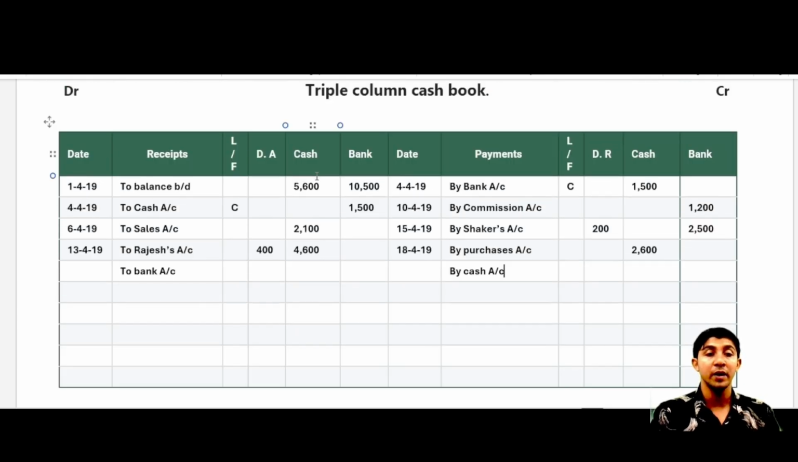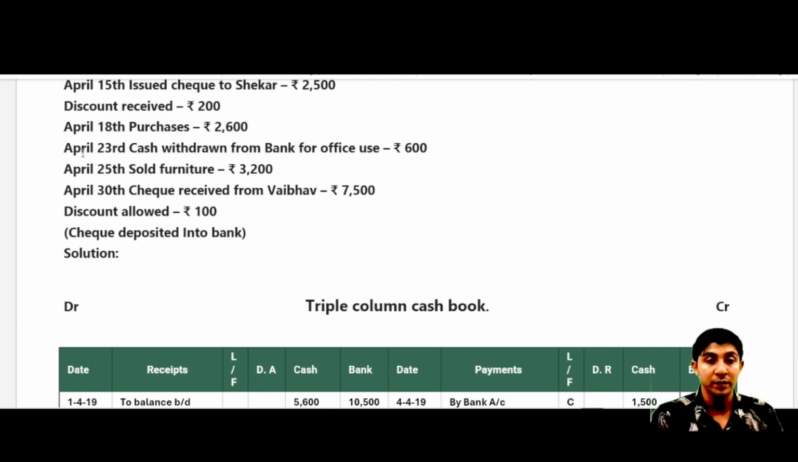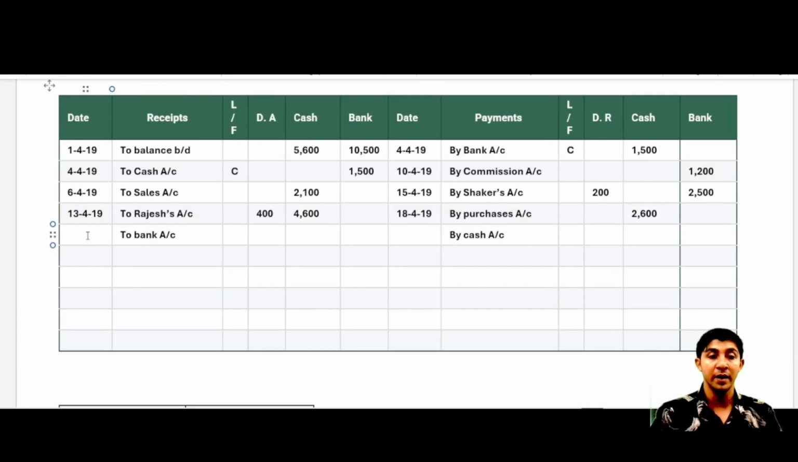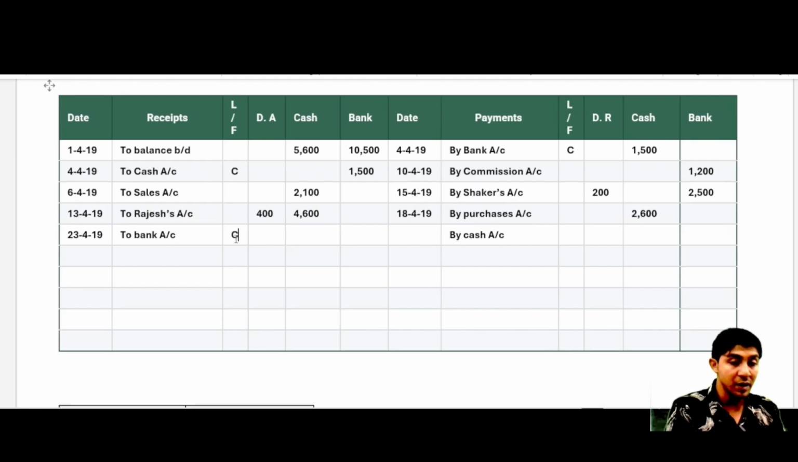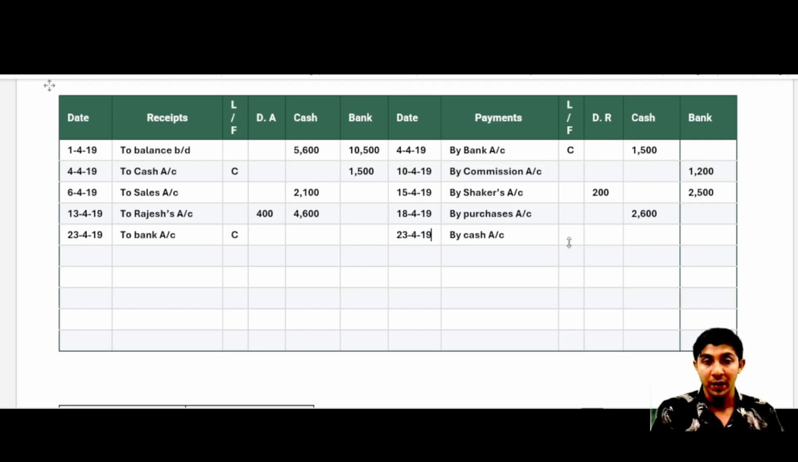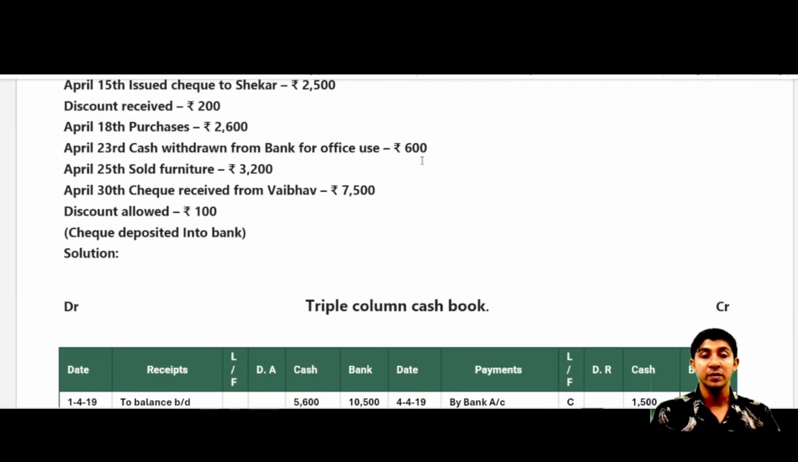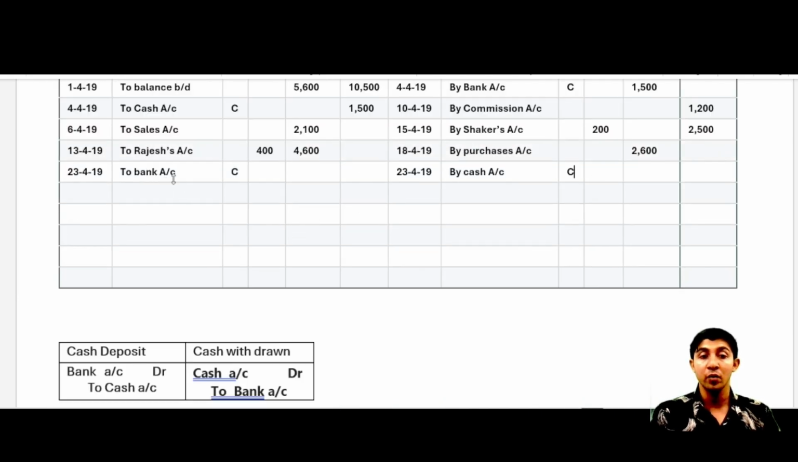account. What is the date of this transaction? The date of this transaction is 23rd and amount is 600. First we'll write the date 23rd April 2019 and we'll write C for identification in the LF column. What is the amount? The amount is rupees 600। तो कॉन्ट्रा एंट्री का रूल क्या है, बैंक दिखा तो अमाउंट कैश में एंटर करो that is 600 और कैश दिखा तो अमाउंट बैंक में एंटर करो that is 600।